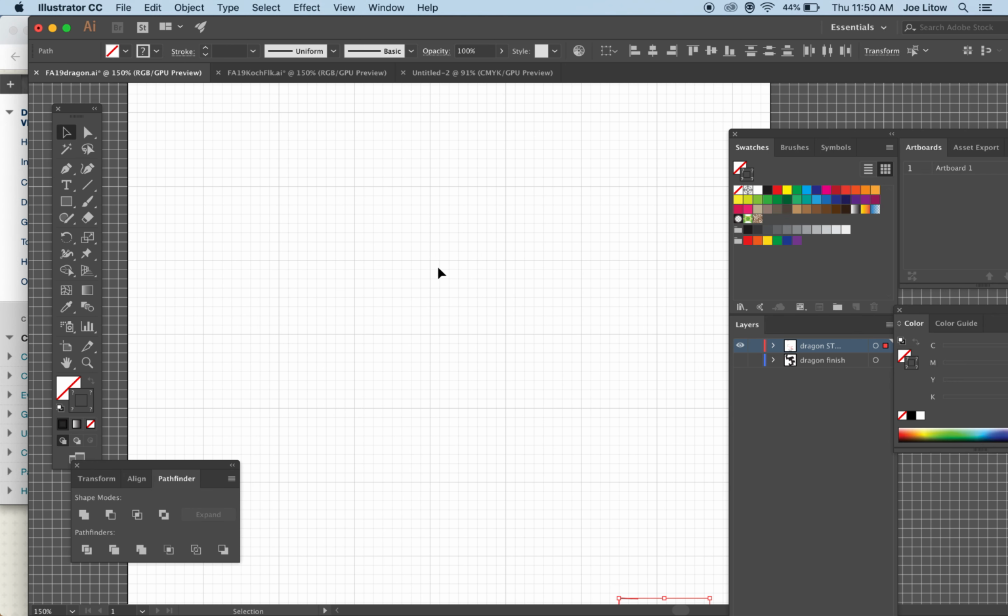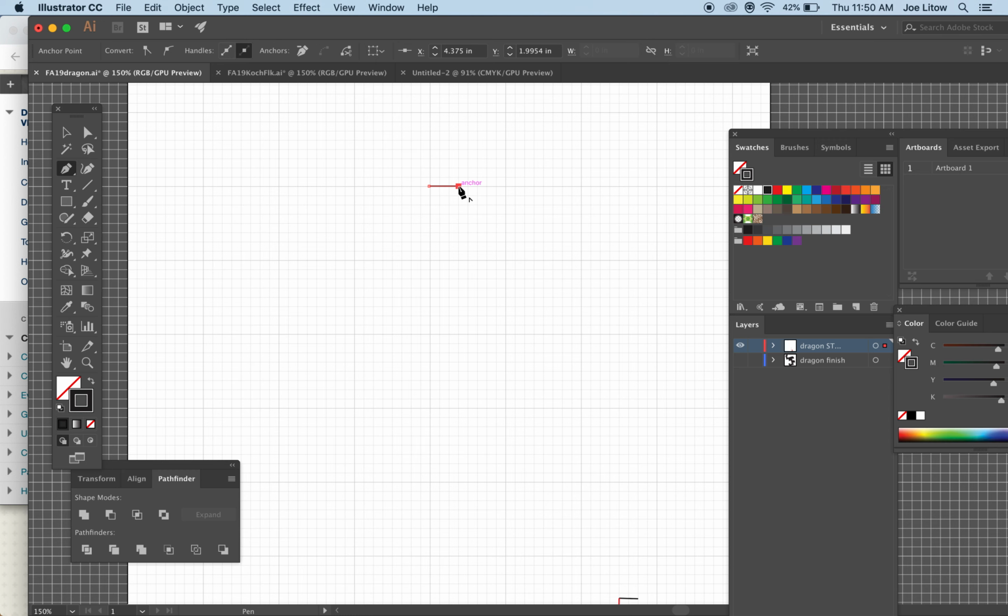Now, for this one, we're going to make a simple line, and I'm going to take my pen tool and click right here. I'm going to draw a horizontal line, like this right here. And then I'm going to go back to my arrow, my selection tool, and I have an object created,